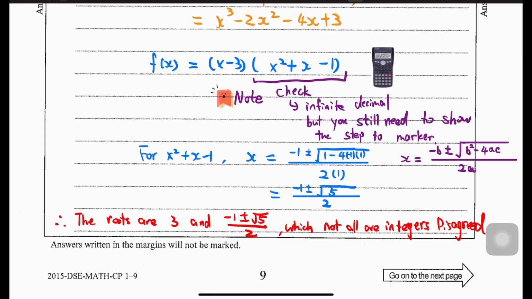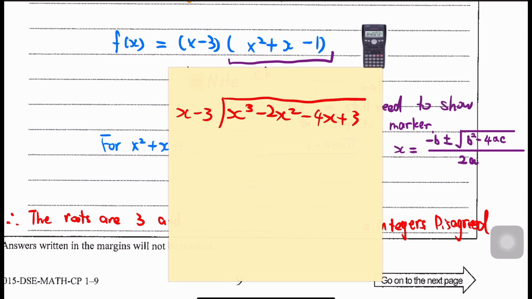Okay, so we will write more detail when f(x) equals 0. So f(x) equals 0, we find the roots of x. If you do not know how to do the long division, first you need to write out the whole polynomial and then